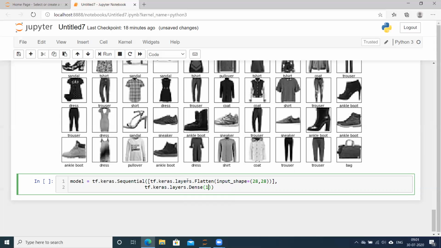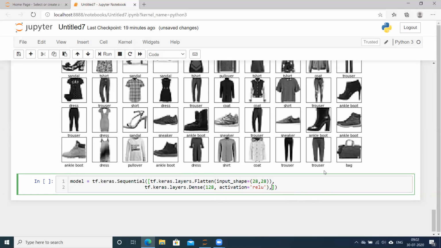Within this, we are going to have 128 neurons and the activation, as we discussed already, we are going to have the ReLU activation here. One second, here I have put it. It should be the complete list here. Okay, so this is our second layer.